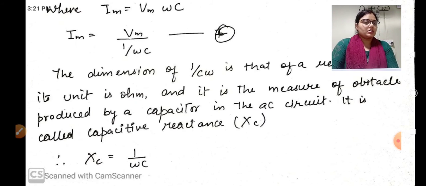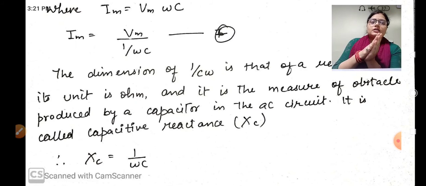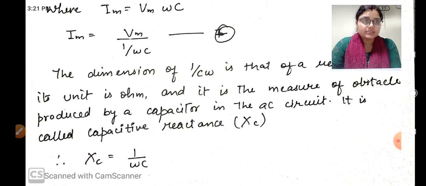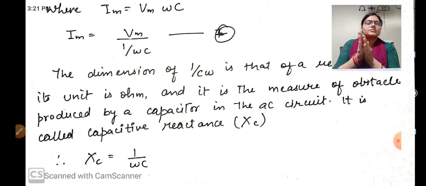Now your today's homework: you have to draw a graph between V, I and omega t for the pure capacitive AC circuit. Even you have to draw the phasor diagram for the capacitive circuit, similarly as we have drawn for the inductive circuit. Now the next term, we have to take the merging of two devices. Like first we discuss RL, then LC, like this.